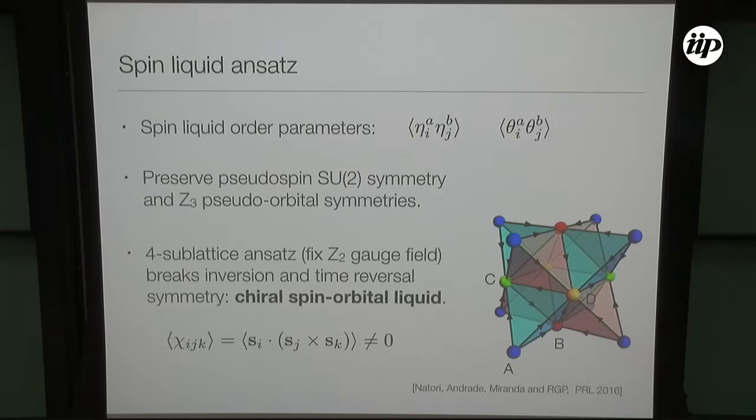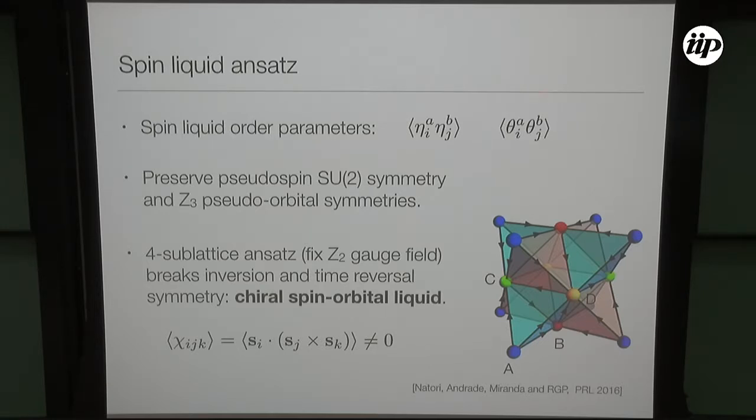And then what we do is plug this Majorana fermion representation into this model for double perovskites. In this case, the model is not exactly solvable by this representation, so I have to do some mean field theory. And this is a mean field theory for spin liquids. The standard thing to do is to define these things as the order parameter. These are the expectation values of the Majorana operators at different positions. Typically, when these are different from 0, it tells you that the Majorana fermions are deconfined. There's some amplitude for them to hop around the lattice, and you should get a liquid of these things.